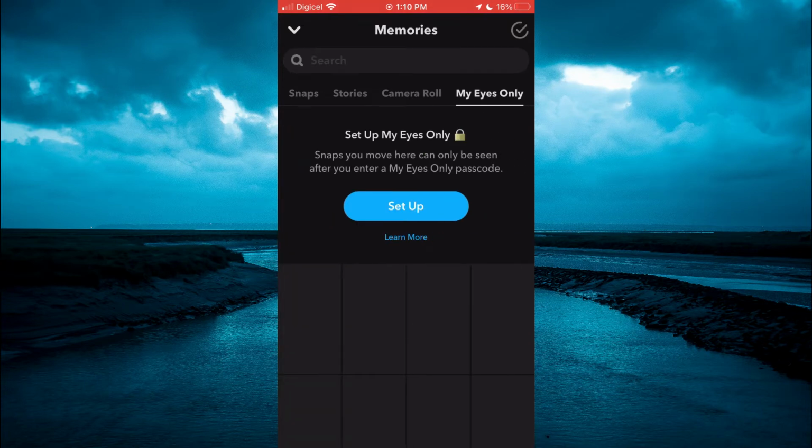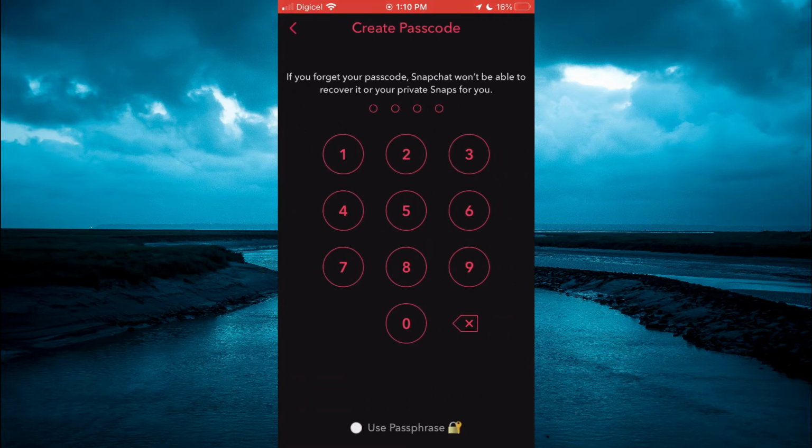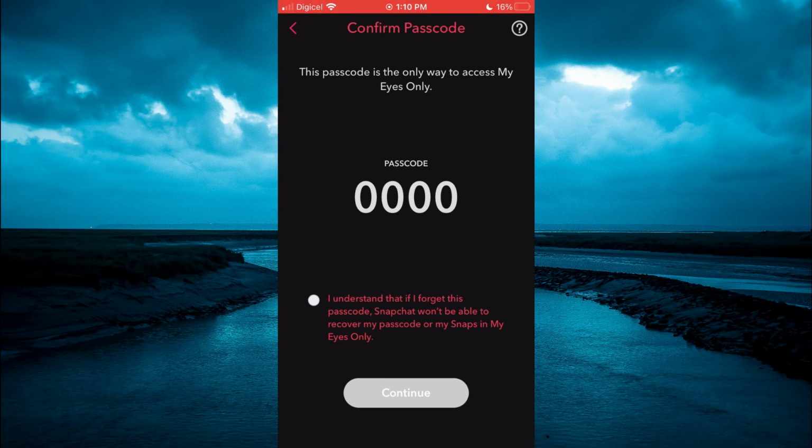Then you'll tap on Setup. And you'll tap on Quick Setup, and you'll simply create your password. Then you'll tap on it again, and that's it. You can see here the passcode is the only access. Then you'll tap on I understand, then tap on Continue,